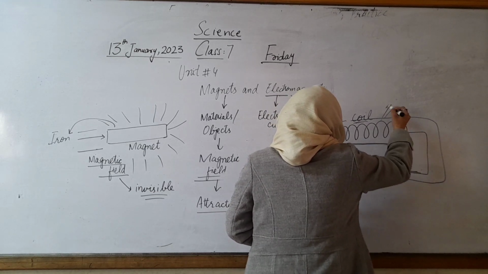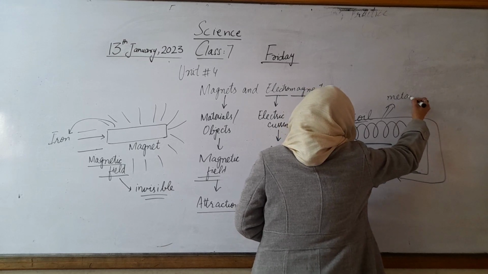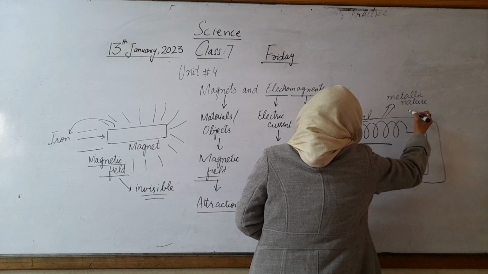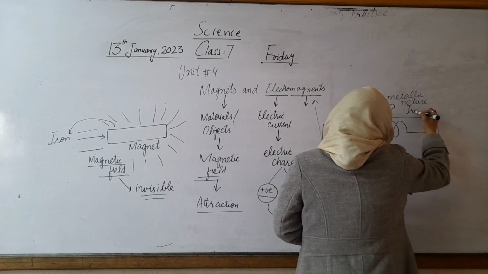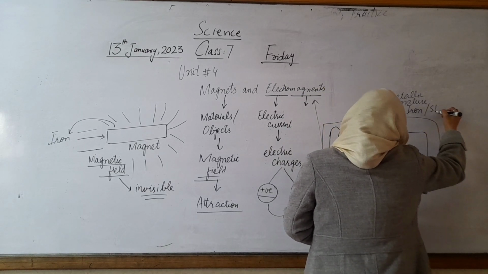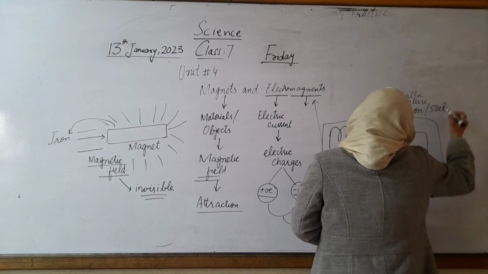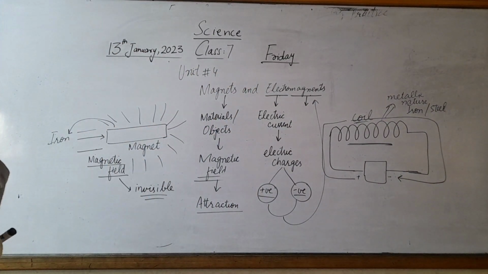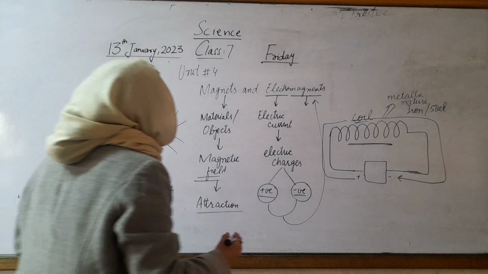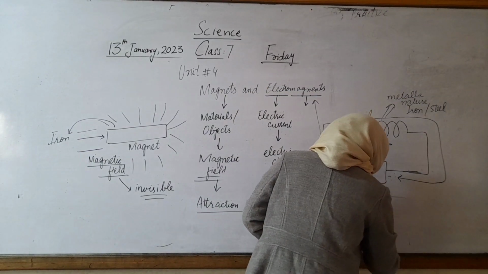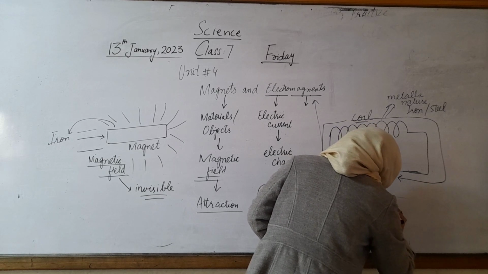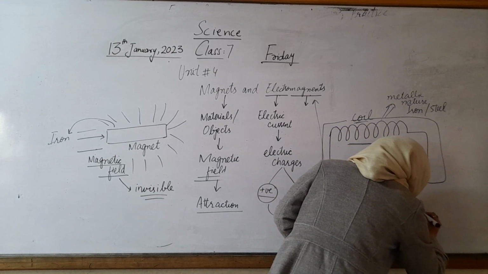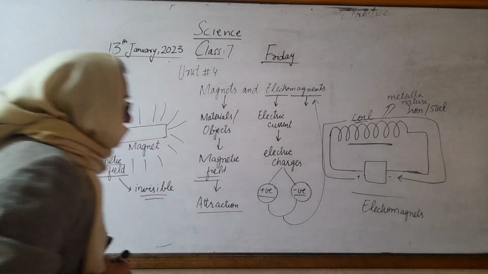It is of metallic nature. We can use iron wire, we can use steel wire as well. Here is the example of electromagnet. Electromagnets can be constructed, whereas the magnets